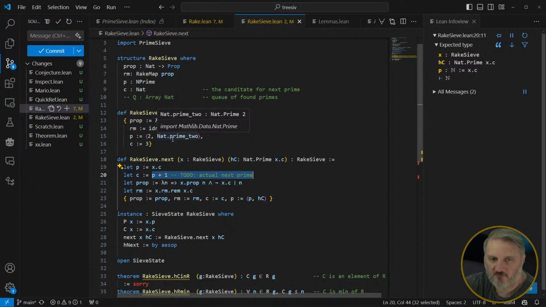You can scrape a lot of these things. I'm just thinking about how the sieve works,